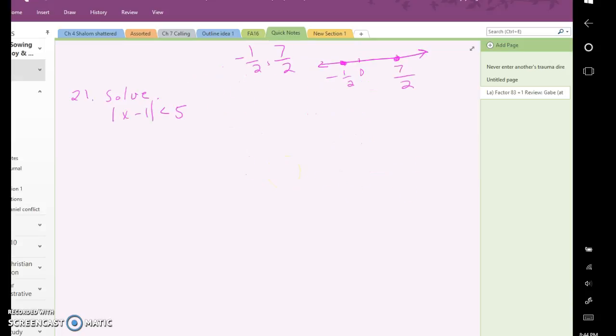Okay, in this case, you have an absolute value is less than 5. It's not equal to, so we will be dealing in intervals. Okay, let's look for a minute